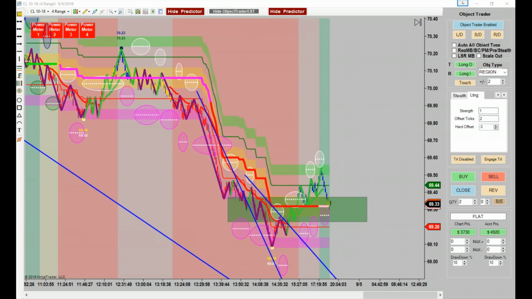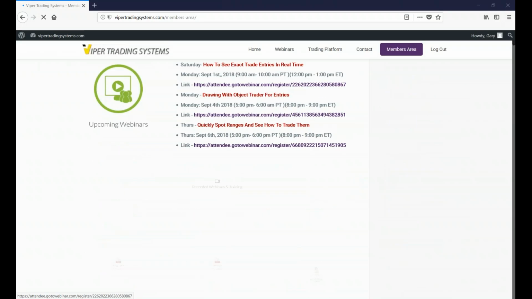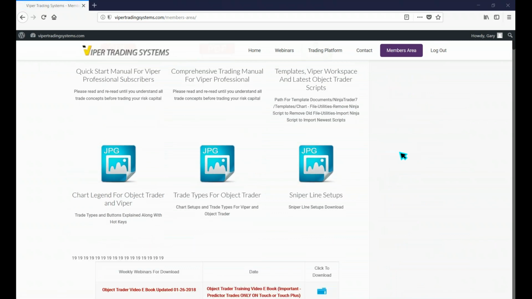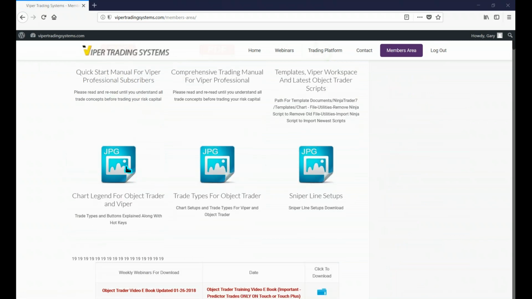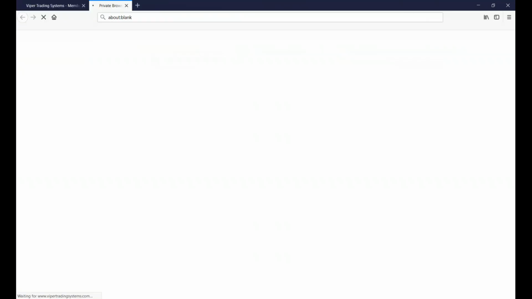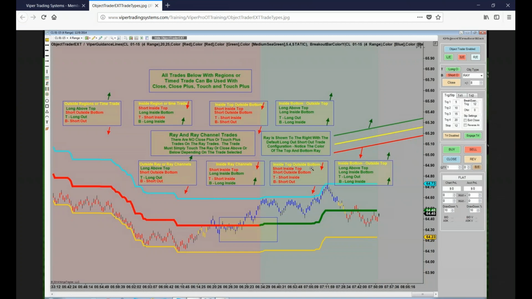Okay, I'm in my member area. Be sure, if you're not familiar with the type of trades we're talking about here, we've got some little chart legends for ObjectTrader. This one walks you through everything about how to use the T and B buttons. We've got a little JPEG here that walks you through how to use the